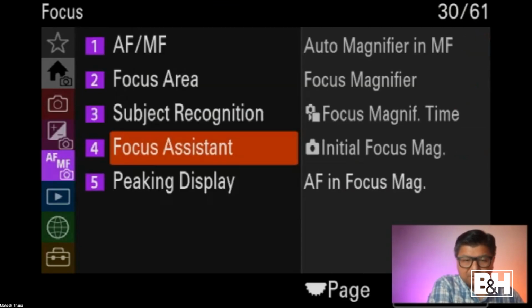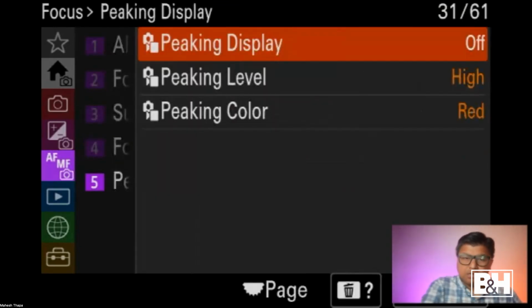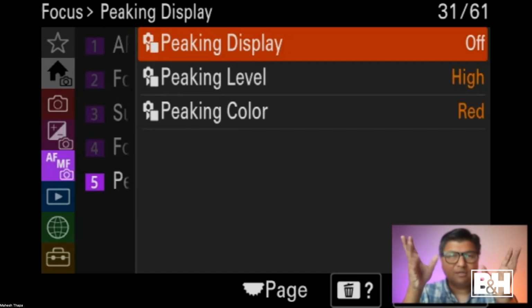I think maybe the other one. Oh, peaking, right. So peaking display, I haven't found a camera system that I like the peaking display in. So basically what it does is, in manual focus, it looks for areas that it thinks is in focus and it outlines it in any color that you've chosen, white, red, green, depending on the options. And you could have the sensitivity of that being high, low, but I find that a lot more distracting. And I find that it's not as good as picking up the fine details, fine edges as my eyes are,